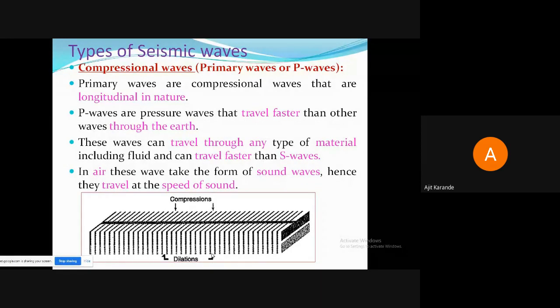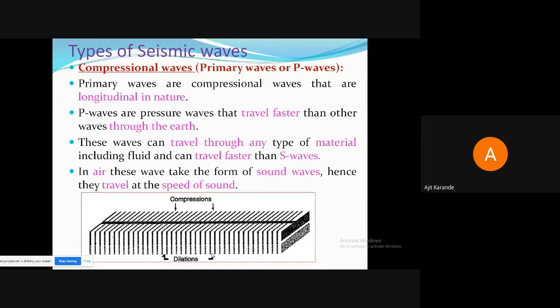So in this case, volume changes may take place in the material. Then, generally, damage caused by these P waves, since they are longitudinal in nature,